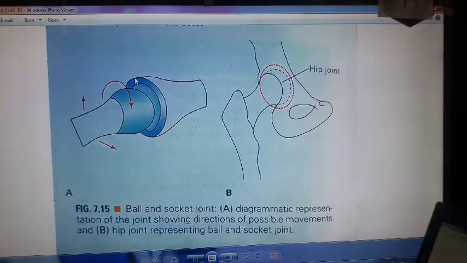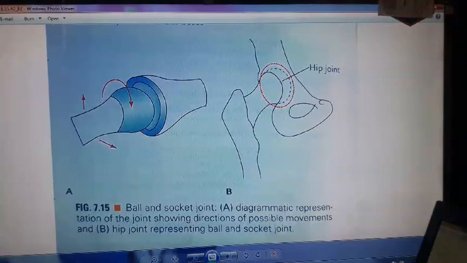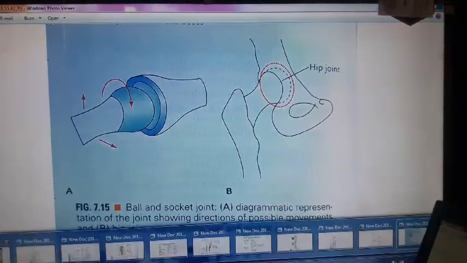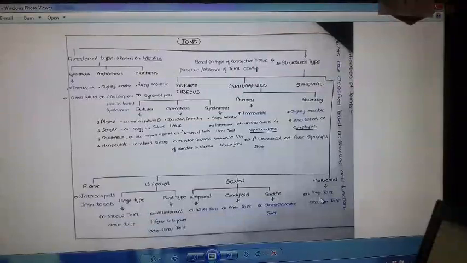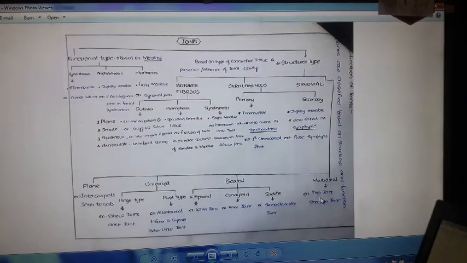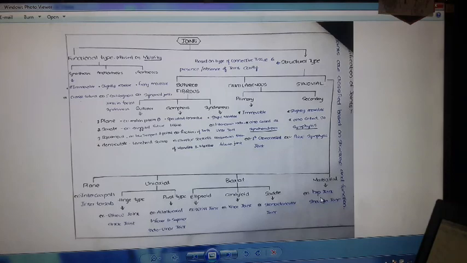Next, we discuss the multiaxial type. See here, multiaxial type joints. Two or more axes are present in the multiaxial type. Two or more movements are present in the multiaxial type. Example